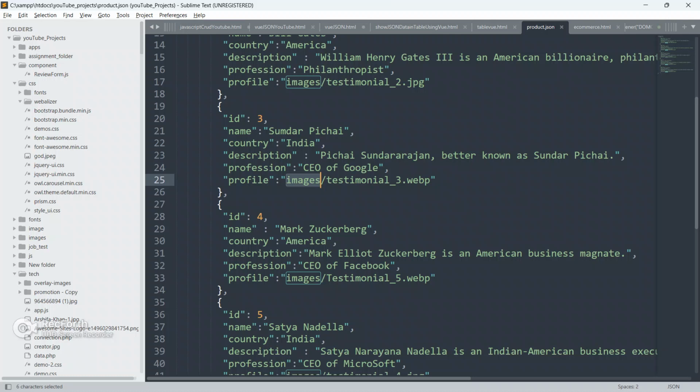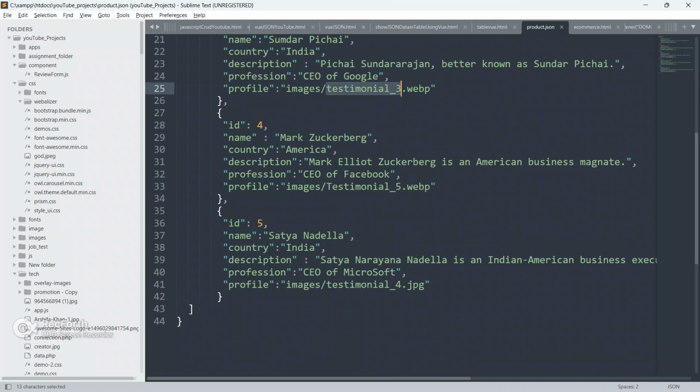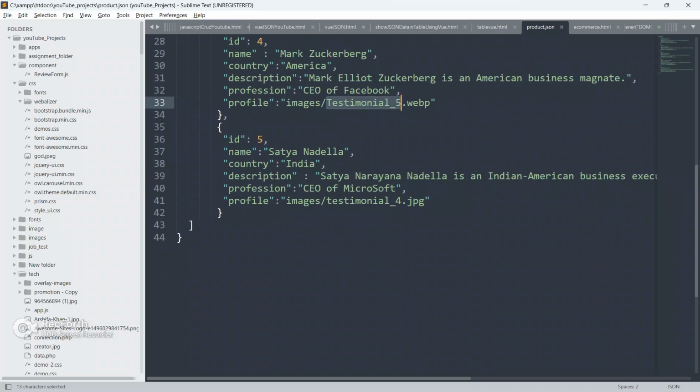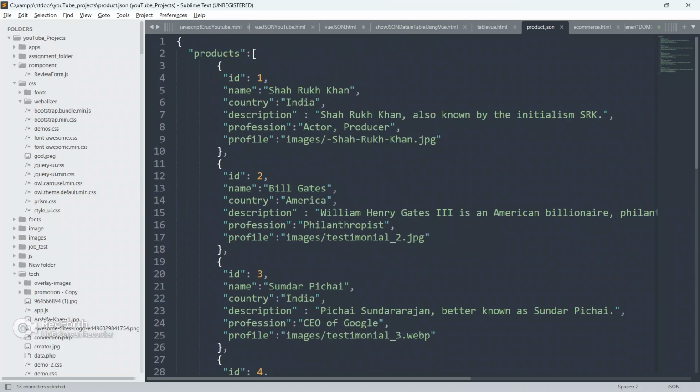For profile, I have given the folder name, images, and the profile picture name. Likewise for IDs 4 and 5, I have given the folder name and image name.